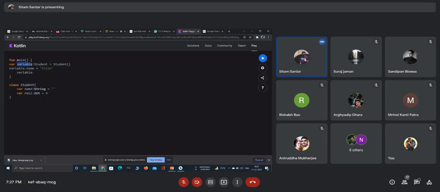Just think like that. Actually, in the background a lot more things are occurring, but I am not going to deep dive into it. Just think like that. I have created a variable of type student, and inside student there are my two properties. One is my name of type string, another is my role of type int.